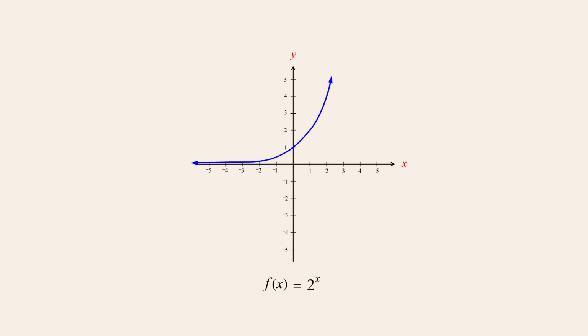If we graph the exponential function f of x equals 3 to the x, we see that this function's graph also passes through the point 0, 1, since any base with a 0 exponent is 1, but increases more quickly for positive x values and decreases more quickly for negative x values. For larger base values, the graph still passes through the point 0, 1, but the rate that the graph increases and decreases becomes even more extreme.